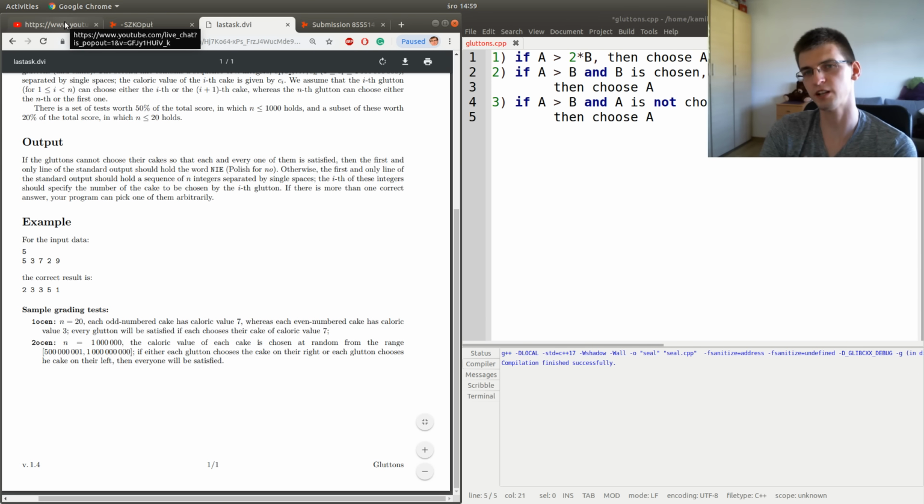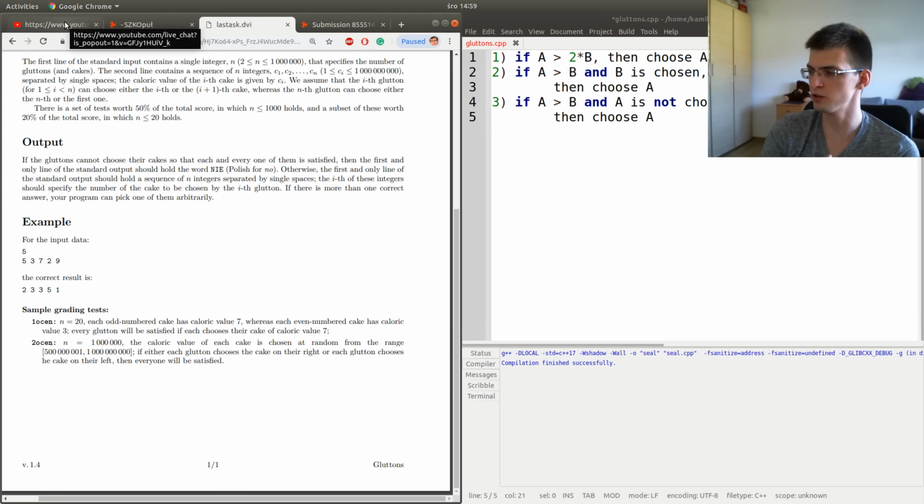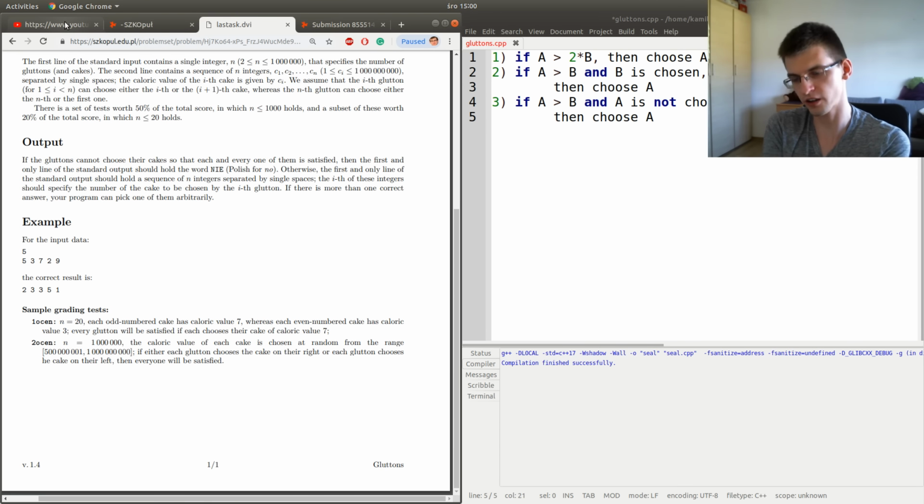Implementing sometimes helps to show you what cases are missing. For example, you write some ifs. If A is bigger than 2 times B, then do something, else if A is smaller than B, do something, else, and then you see, okay, I don't know what to do in this scenario.